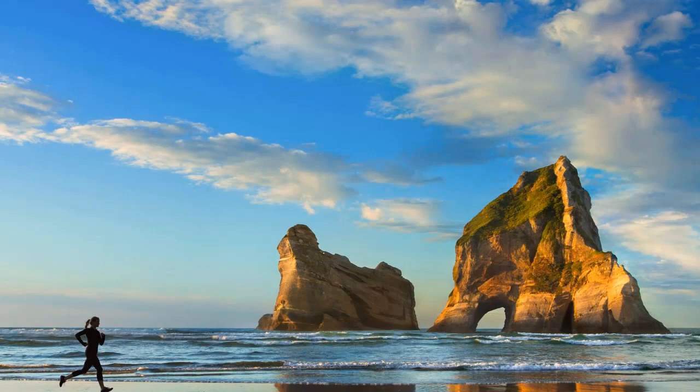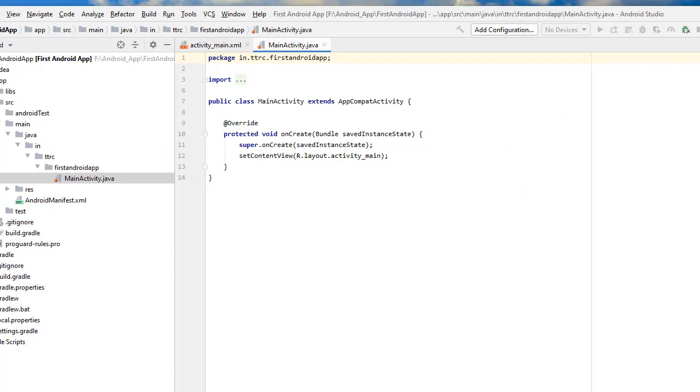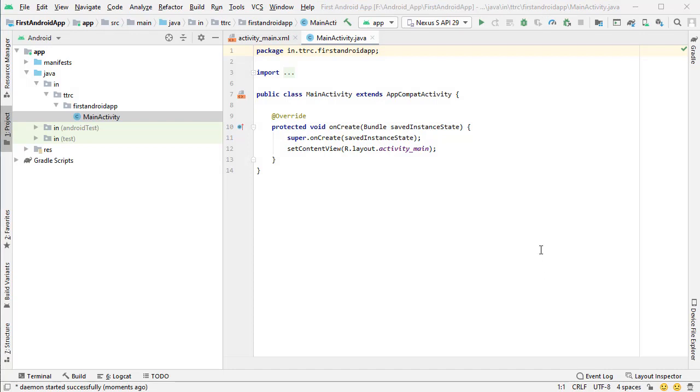It will take some time based on your computer's speed, and it will open the project window. I am using 16 GB RAM, so it took approximately 30 or 40 seconds. If your computer has 4 GB RAM, then it may take more time. It also depends on the speed of the processor. Then it will take some time to build the Gradle, and after this type of window will open.